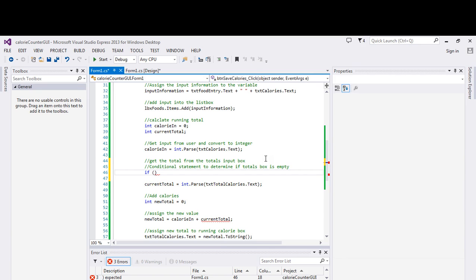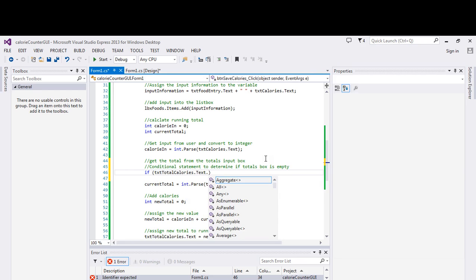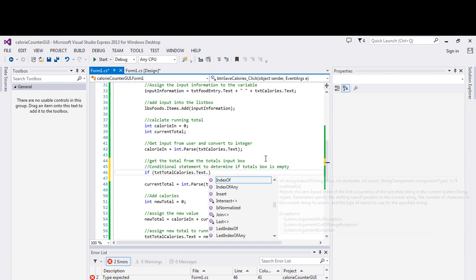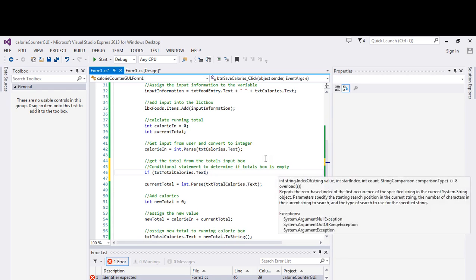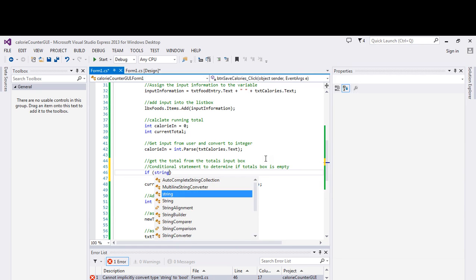So if, and you give parentheses and inside the parentheses you're going to put your condition. So if, and let's say text total calories dot text dot, and if we scroll down here, we'll see a method that we can use. Okay, actually there's not. So let me get rid of it. There's a static method to the string class. So if I type string dot,